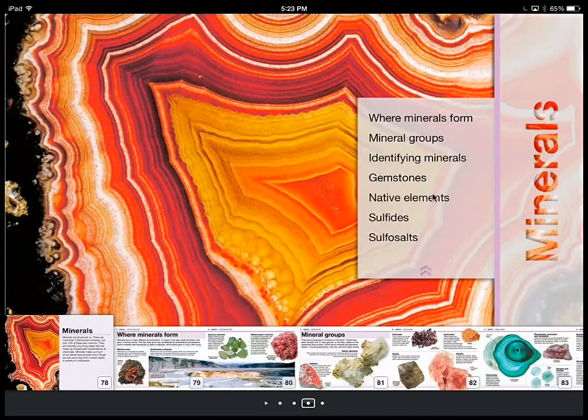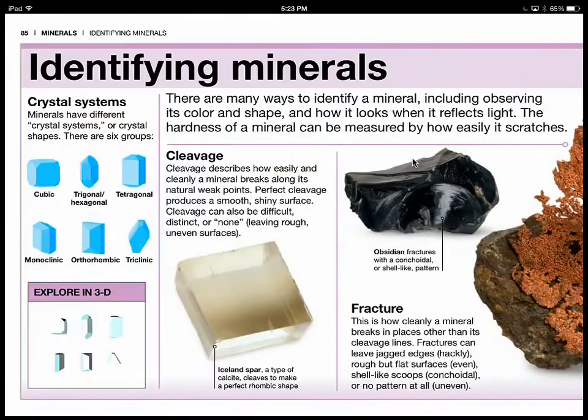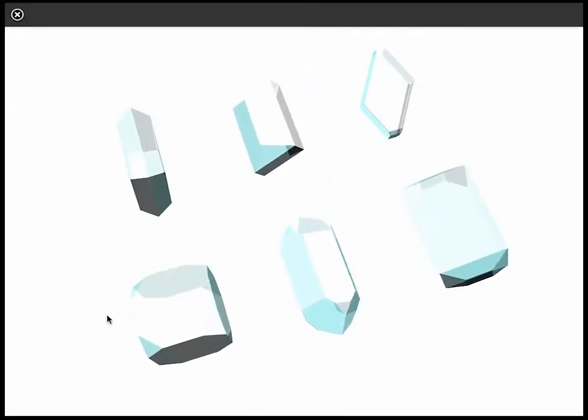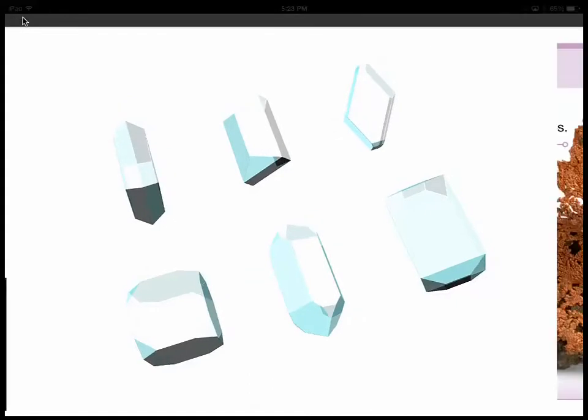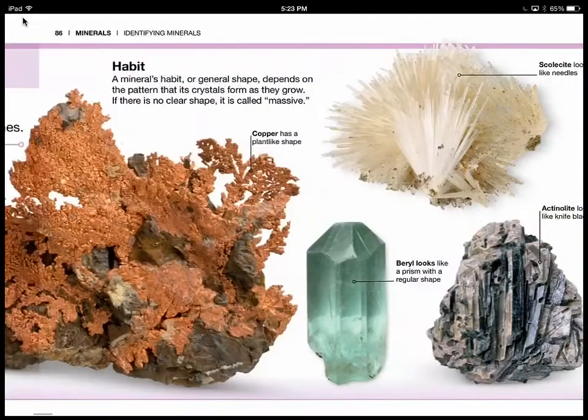I'll tap on, let's try identifying minerals. And we can just page through here. We have some 3D explorations. I'll tap here and I can manipulate the screen. I'll close that out by tapping the X. And we can just see the